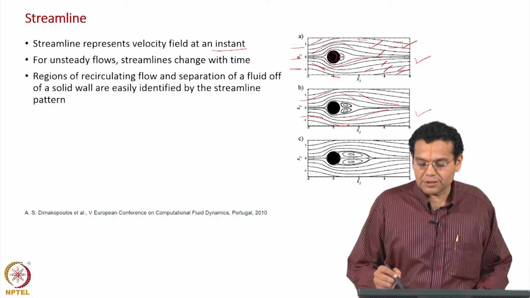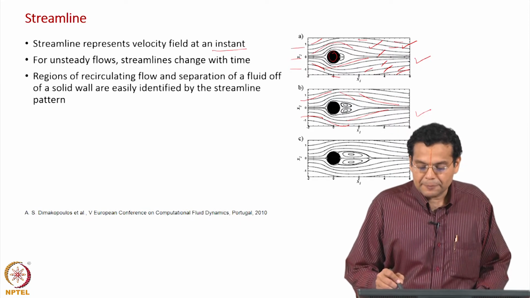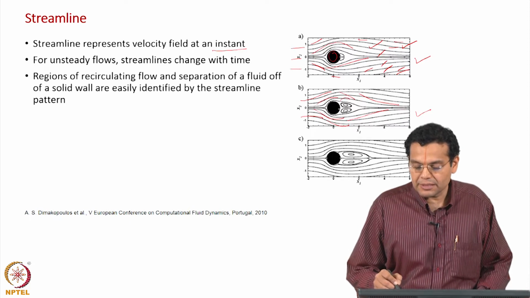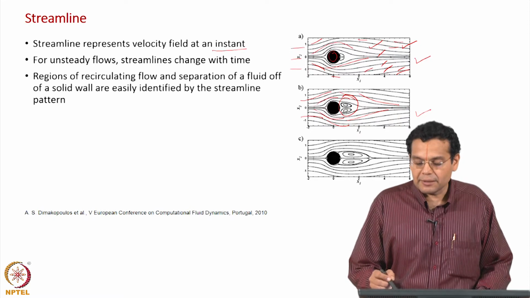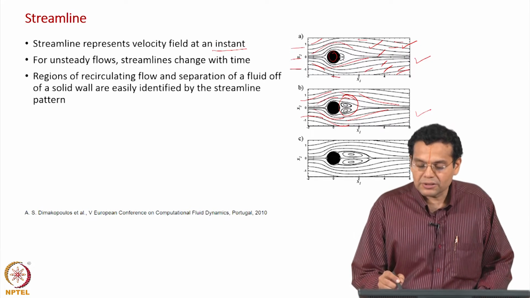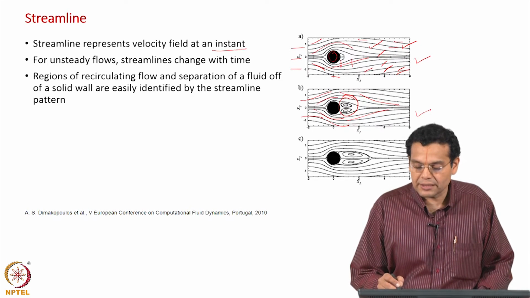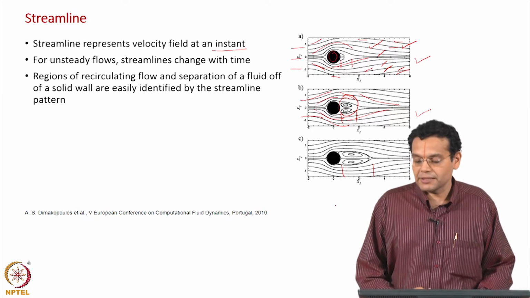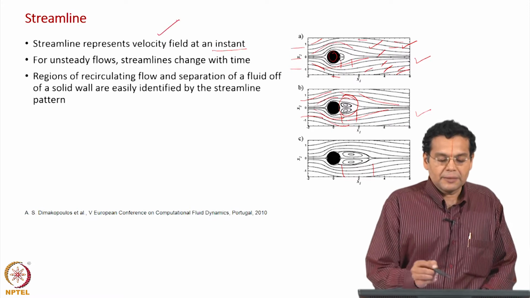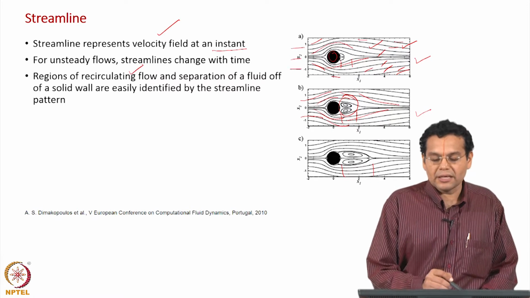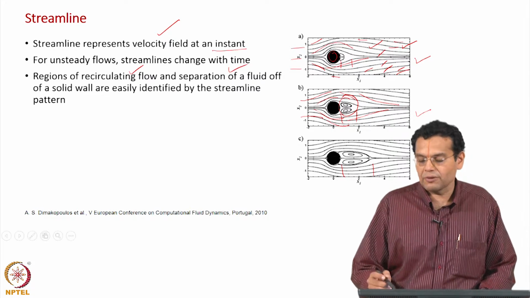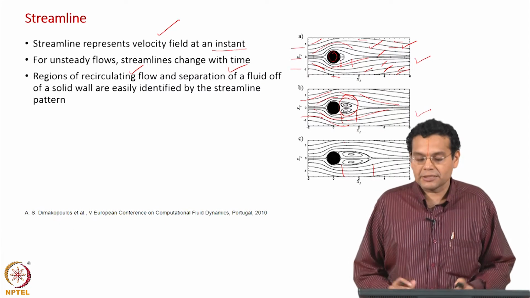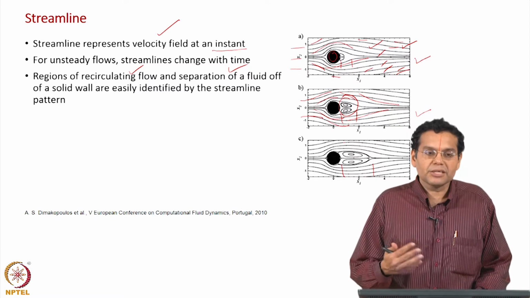That is what in fact is shown here. These streamlines go around the object, and then you see some streamlines here which are closed, which represent circulation. And you can also see that the width of the circulation keeps increasing. So, in that way streamlines are a very powerful representation. They give the velocity field, they also tell you recirculating flow, separation of fluid from a solid wall, etc. You get a quick picture of how the velocity behaves, and that is why we said visualization of flow patterns.